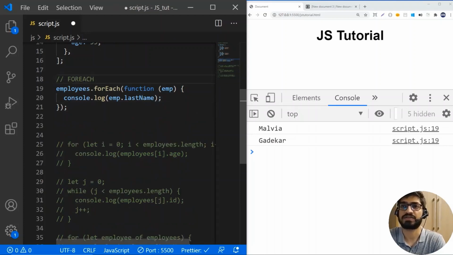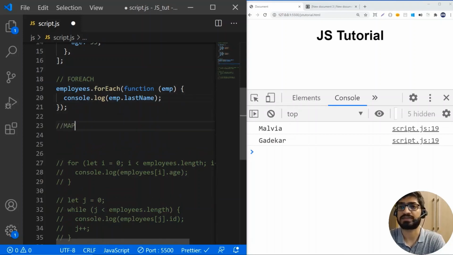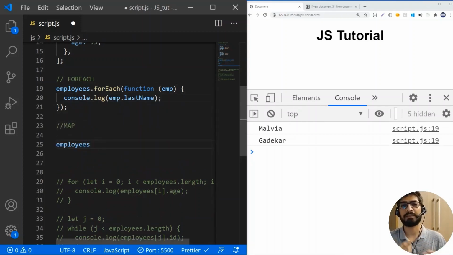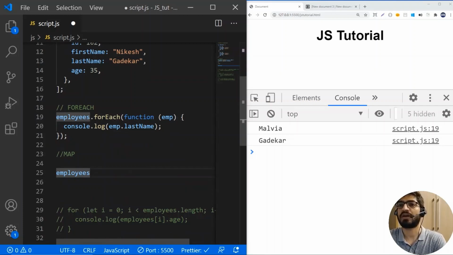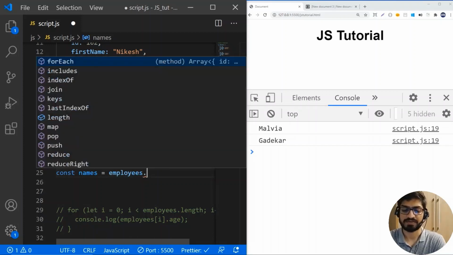The other one I want to show is the map. Using map, it will loop through all the employees and pick one of the employees, and then you can manipulate the data of that employee, and it's going to return you a new array. So how can I do that? From this employee object, I need to have an array of first names. So if I want an array of first names, I will have a constant, names, and employees dot map,